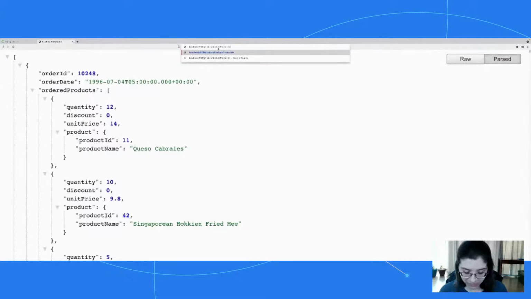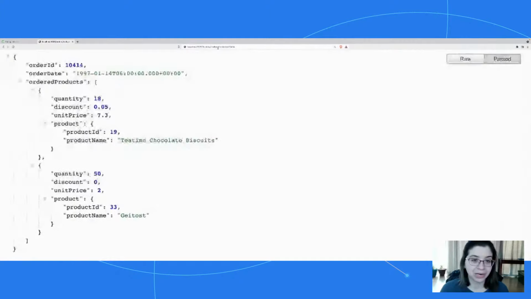And let's just look for, how about 10414? Sure, why not? Okay, so we have our order ID, our order date. Then it grabs the line items. So we get the quantity, discount, unit price, and it has two products on our order here. We have tea time chocolate biscuits and Guy Toast.